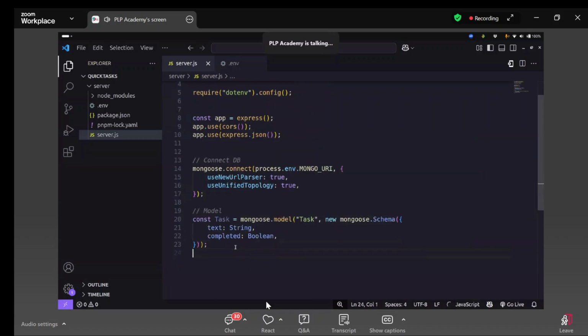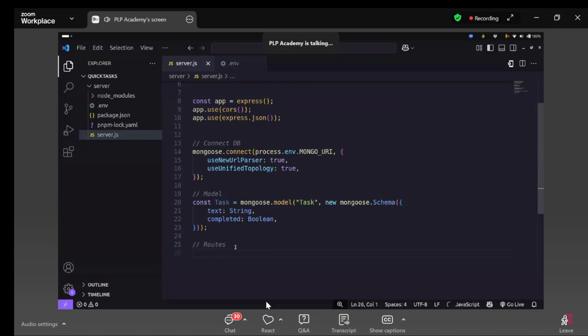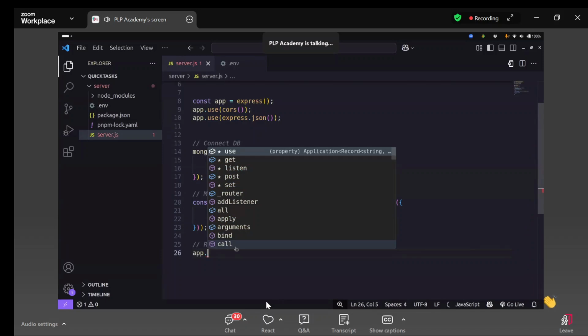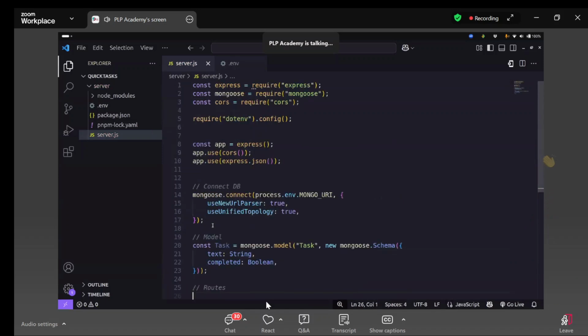Now, people, that is the model. We have just created a model. Let us see the routes, how to create the routes. Quickly, I've already advanced to the next file, which is routes. This is where you're going to put post, get, put, and delete really quick. So let us start with the get, app.get. If you're in another file, instead of using app, I'll be using